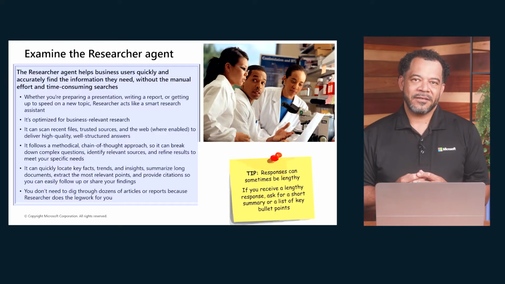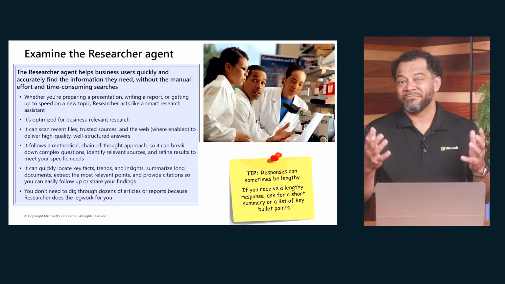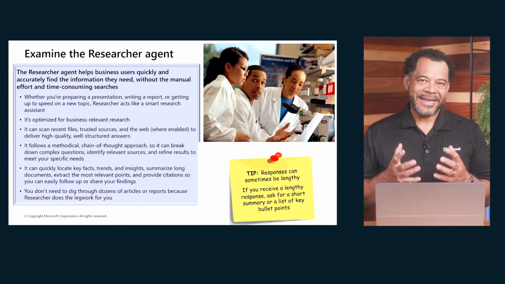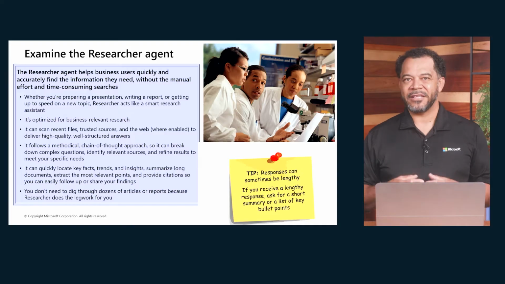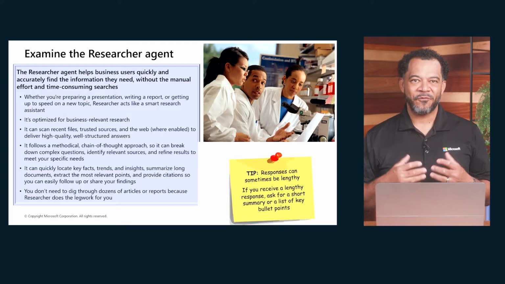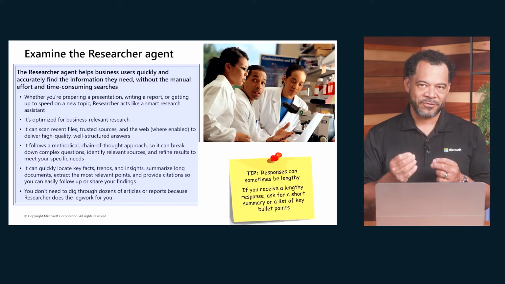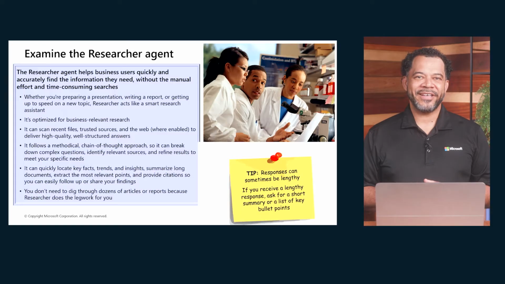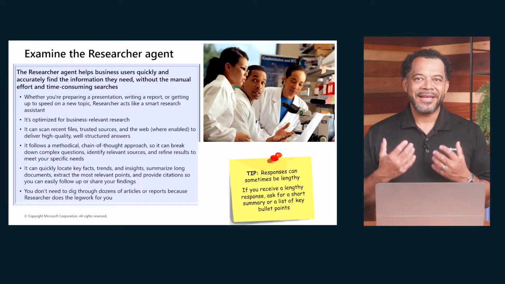What makes it so effective is its methodical chain of thought approach. It doesn't just grab the first results it finds. Instead, it breaks down your question, identifies relevant sources, and refines the results to meet your specific needs. Whether you're preparing a presentation, writing a report, or just getting up to speed on a new topic, it's optimized